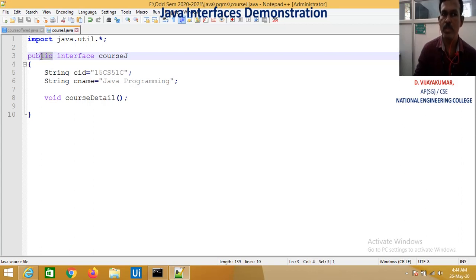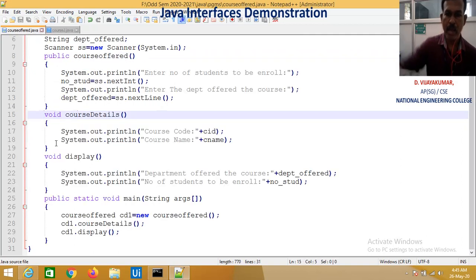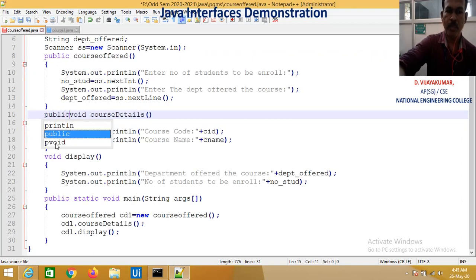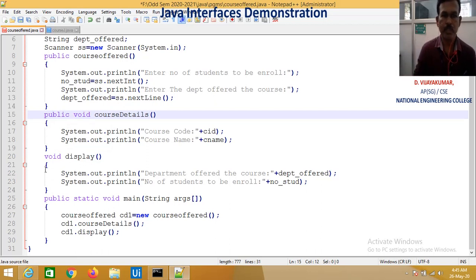Specifying the access specifier on the interface as a whole is automatically negligible. The members are by default public. So now I am going to add the keyword public as the access specifier along with the definition of courseDetail. Now we have to compile and check.